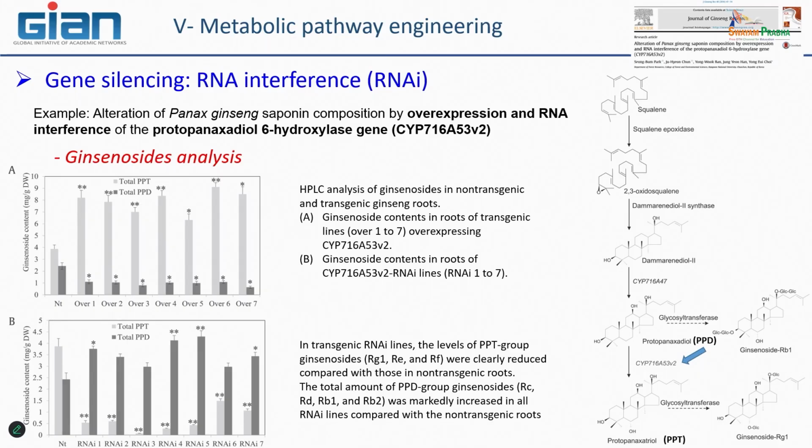This was a very nice experiment, meaning that when you overexpress this enzyme, you completely decrease the PPD pool and enhance the production of PPT, while it is completely the contrary when this enzyme is silenced: you accumulate lots of PPD and you are not able to produce much PPT. This was the proof, in fact, that this enzyme in vivo in the plants is able to catalyze this specific